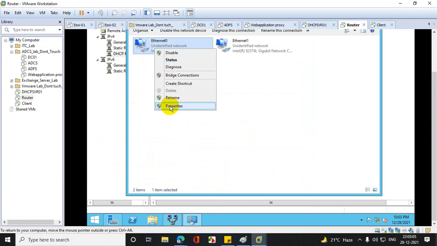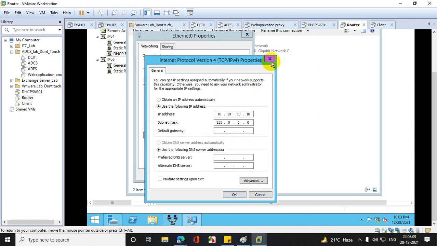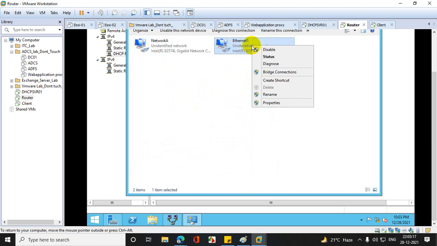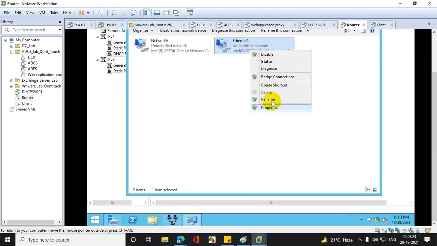Let's say this is Ethernet 0, so this is my network A. Let's rename it network A, and this is 10.10.10.10, 20.20.20.20, and it is network B.